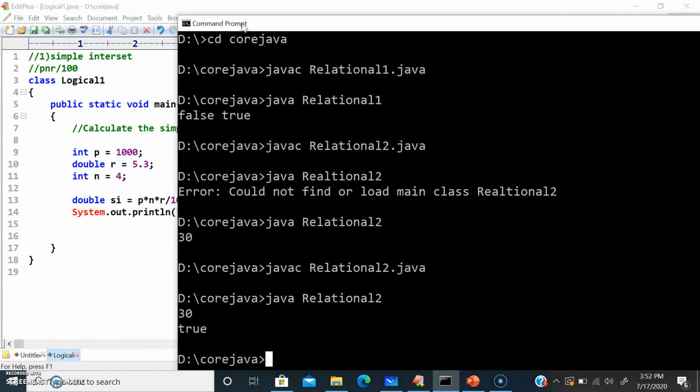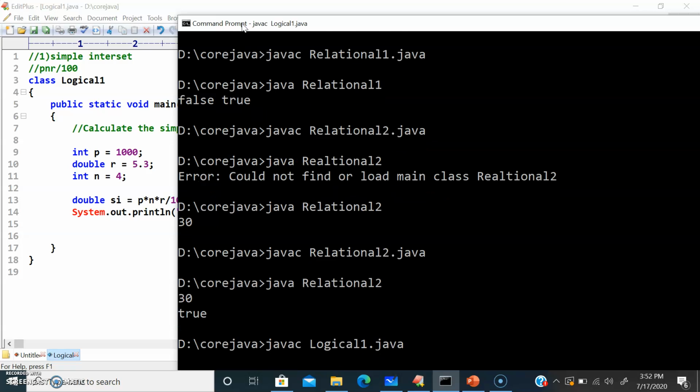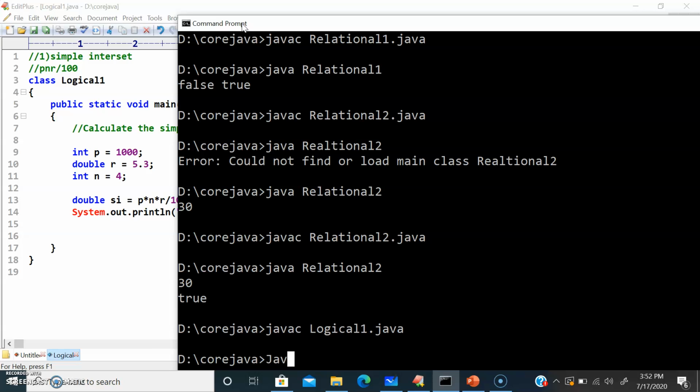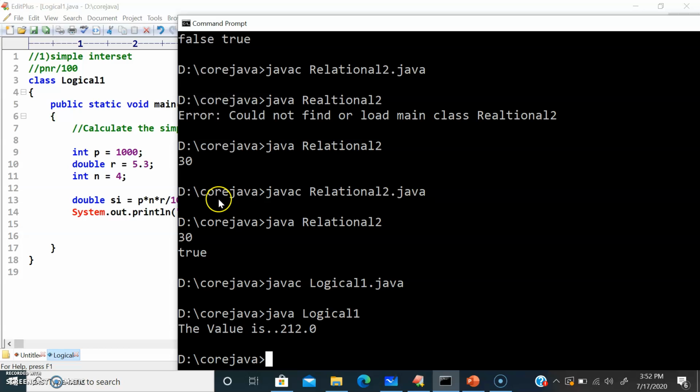It's there in the D code Java folder. Let me call my compiler, javac logical1.java. Perfect, there is no error. Java logical1. So it's giving me the value 212.0. If I'm using an integer, it will not give you the 0.0 over here, right?